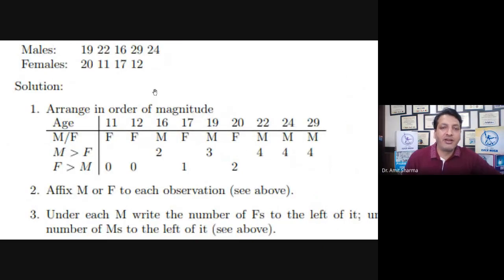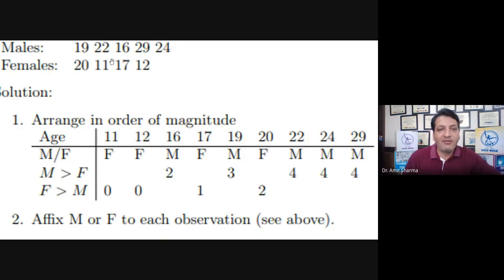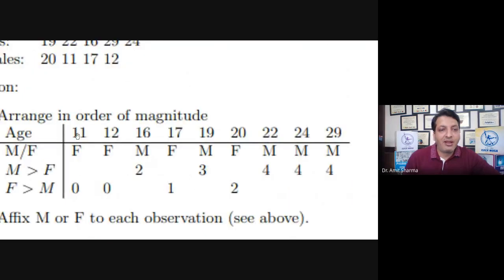In this magnitude type method, we don't have any particular formula which you have to apply. You just have to apply a rule. By applying a rule, you can calculate the Mann-Whitney U test. So how to do it? As I told you in the beginning, you have to arrange the data of both the groups from lower order to higher order. So I have clubbed both the observations which I got under male and female, and I have kept them from lower order to higher order.